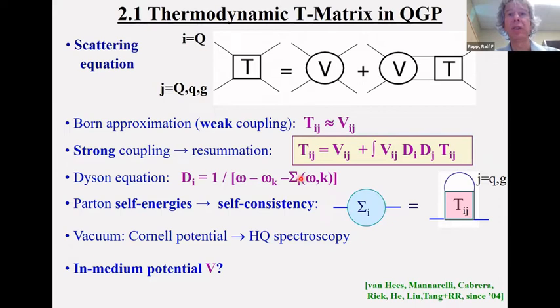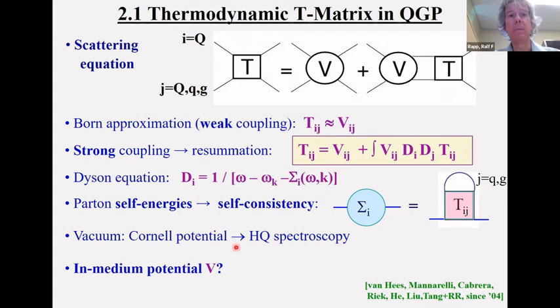And as is well known, the self energies in turn depend on the T matrix of the propagating particle I interacting with the medium particles J. And in this way, you have a self-consistency problem that usually you can solve by numerical iteration. So that framework is, from a many-body point of view, rigorous. In a way, how good it is depends on how well you can determine its input, which is mostly the potential in the first place.